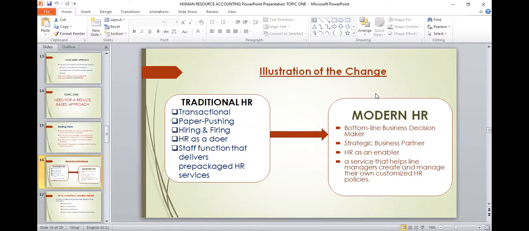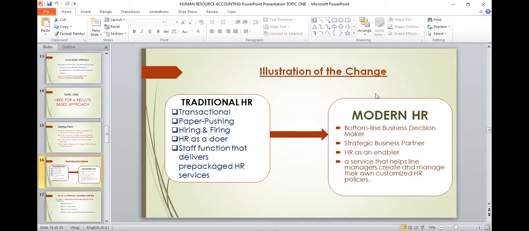Now, traditional HR, what we are known for, we were transactional, like I said before. We were paper pushers, and I believe some of us still today are paper pushers in the office. They report to work at 8, step into the office, sit on the office chair, swing around, wait for recruitments, wait for training. Actually, training is also a traditional HR function. If you thought that was a modern HR function, then you are wrong.